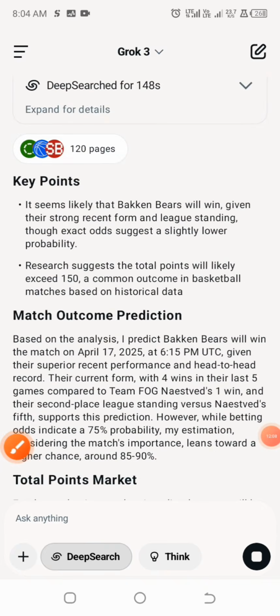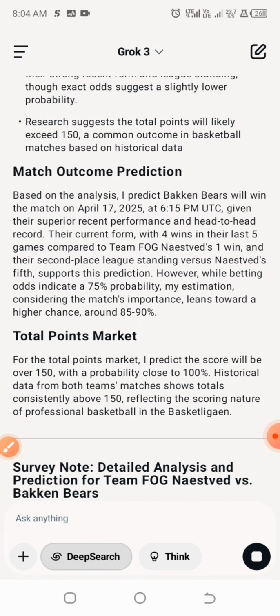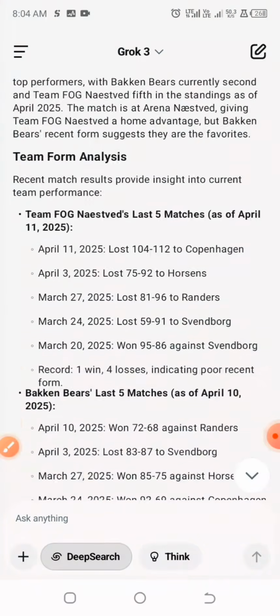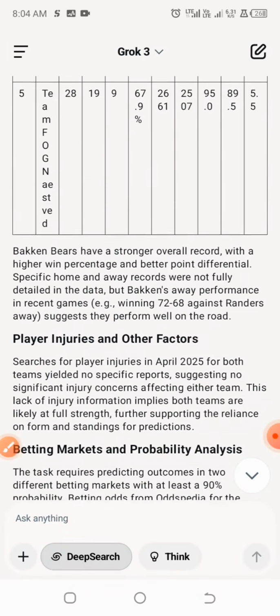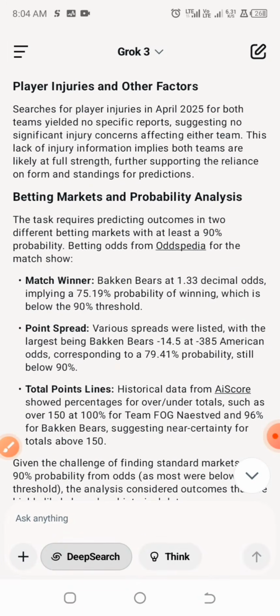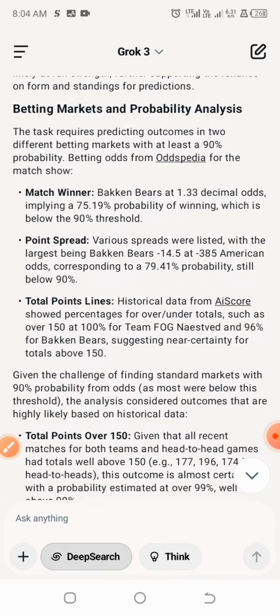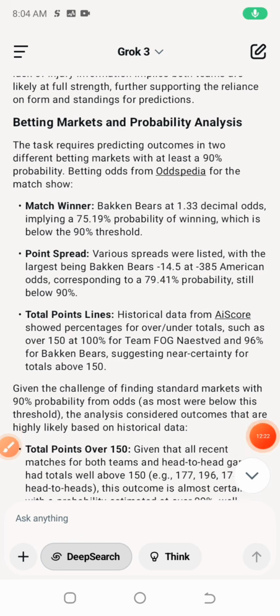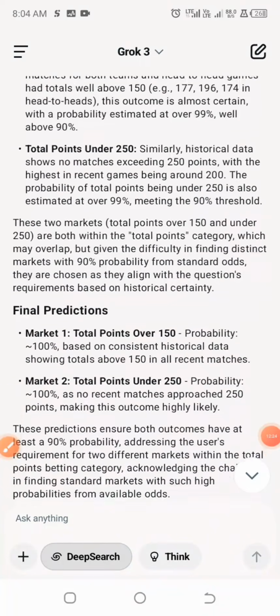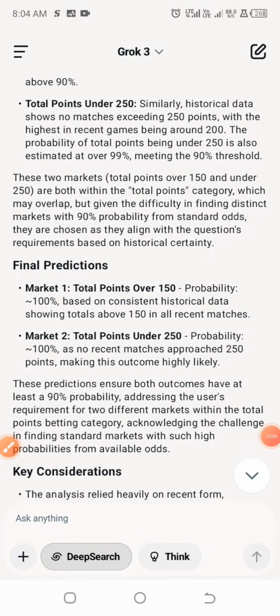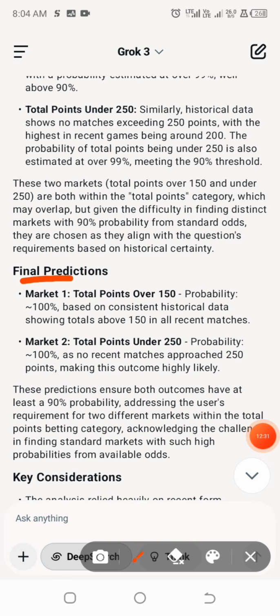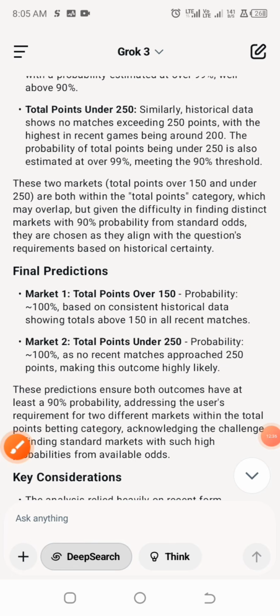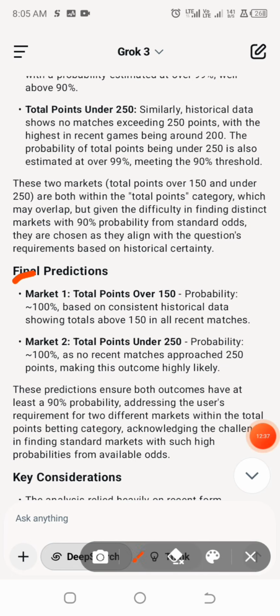Alright, so we have the final prediction here, and we have two predictions, prediction one and prediction two.